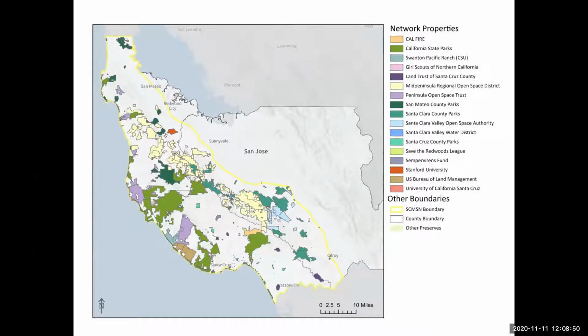It covers, but doesn't completely include 3 counties. So the top county here is San Mateo County, and you can kind of see over here this black line that gets a little bit lost amongst the different properties, but that's the county line between San Mateo and Santa Clara County, and then below down here is Santa Cruz County.